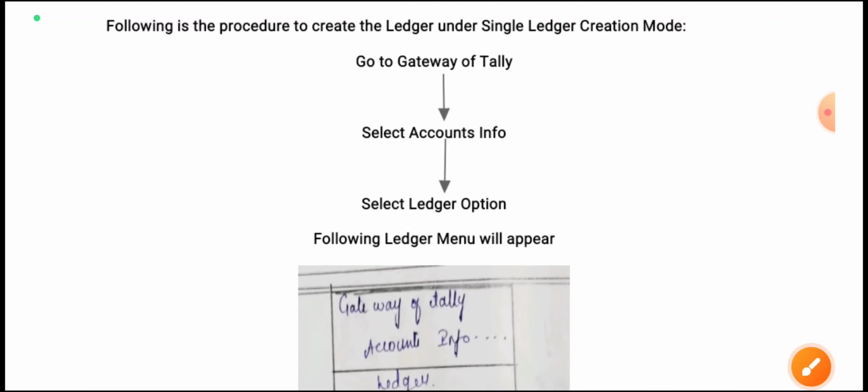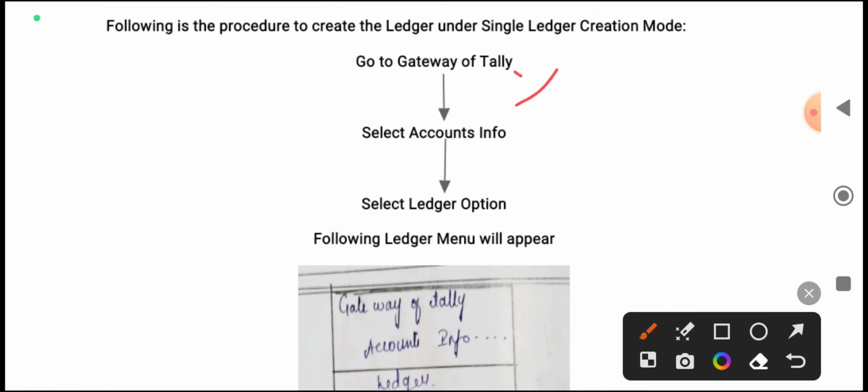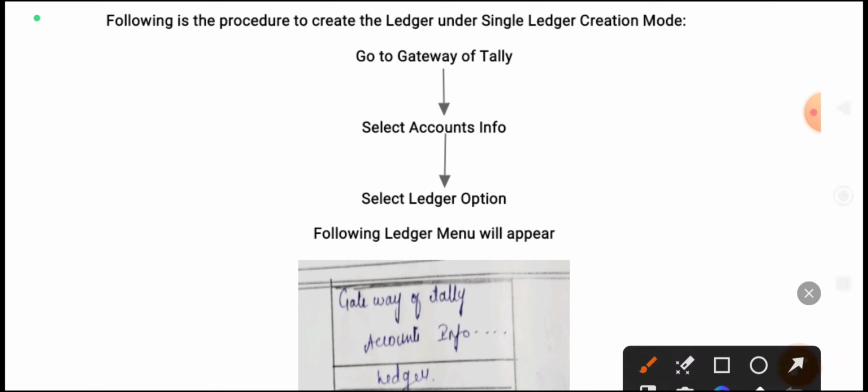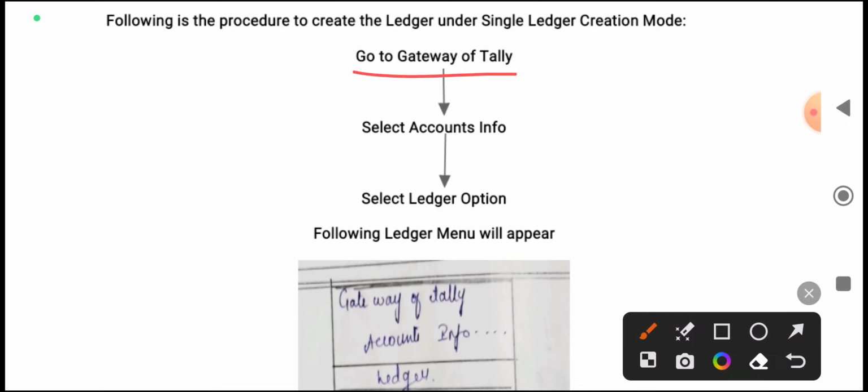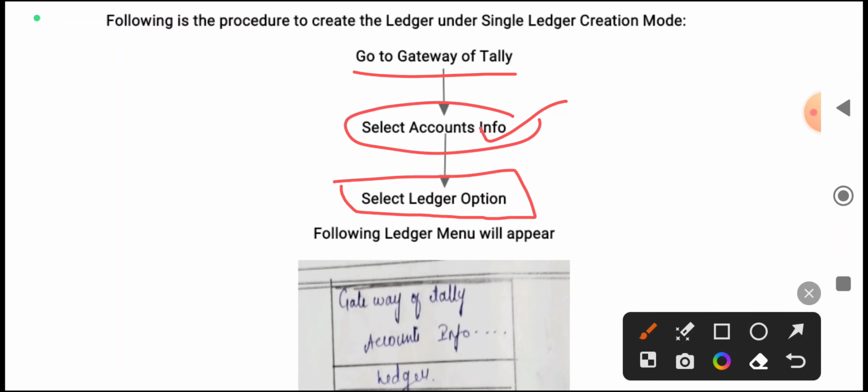The Accounts Info screen and Gateway of Tally screen are not required, so don't draw those. Which is mainly important for the answer, you draw them. So go to Gateway of Tally, select Accounts Info, Ledger. Under Accounts Info we need to select the Ledger option.